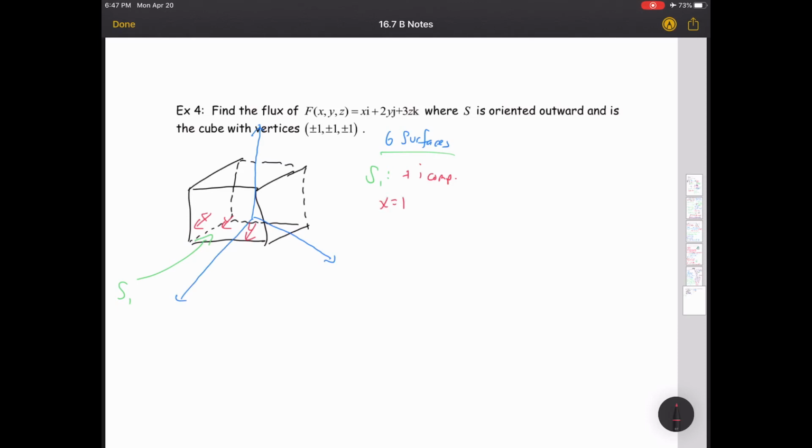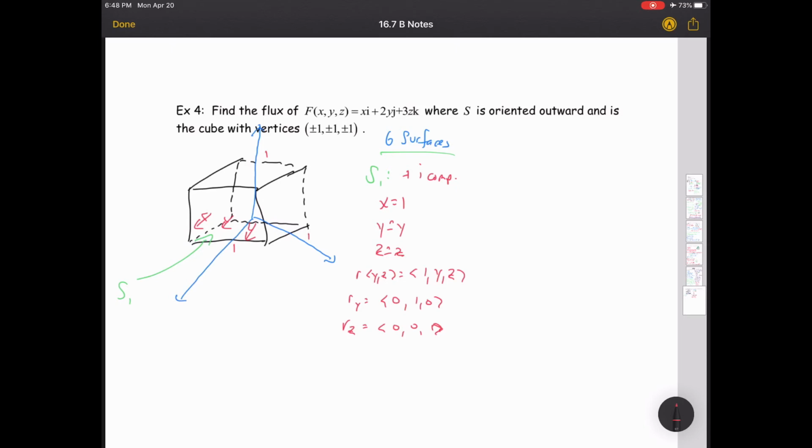Because that's where this is. All these values right here are 1. x is 1, so we can just call y, y, and z, z. So our r is going to be r of y, z, which is going to be 1, y, z. So we're going to have to do r sub y, which is going to be 0, 1, 0, r sub z, which is going to be 0, 0, 1, and hopefully you'll see that these are going to be really